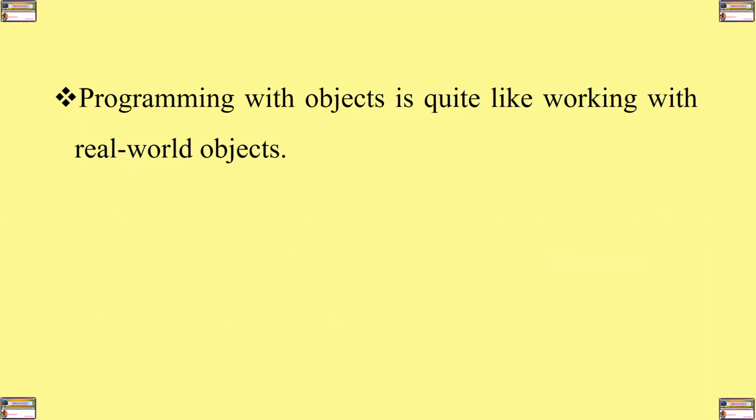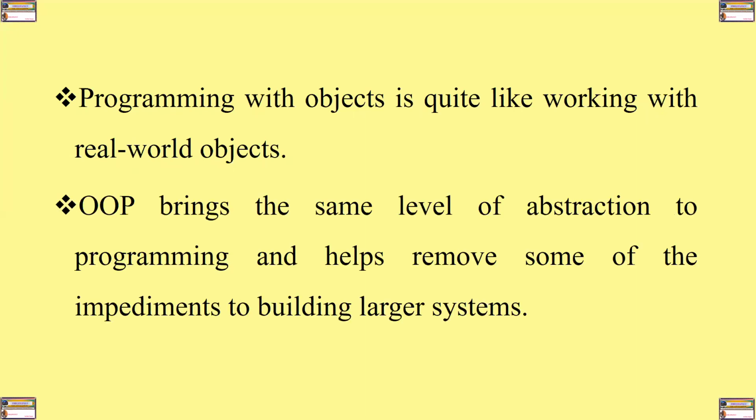Programming with objects is quite like working with real-world objects. Therefore, object-oriented programming brings the same level of abstraction to programming and helps remove some of the impediments to building